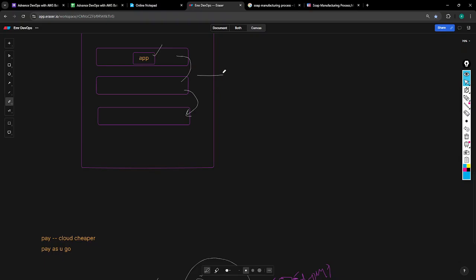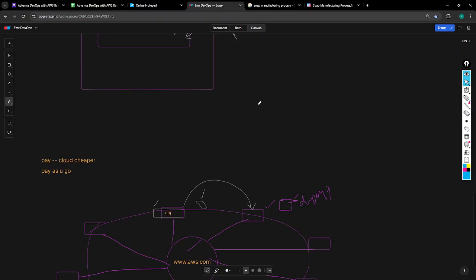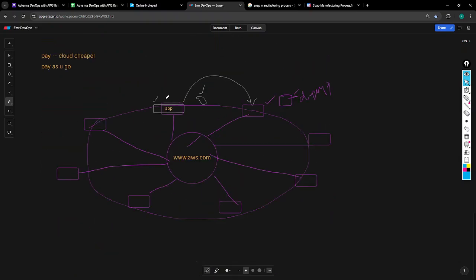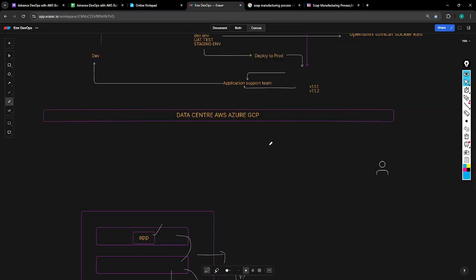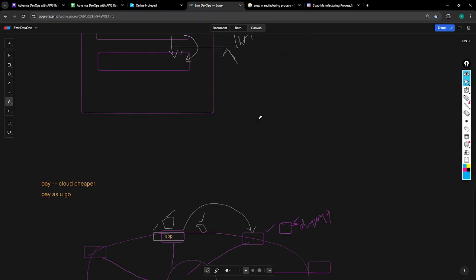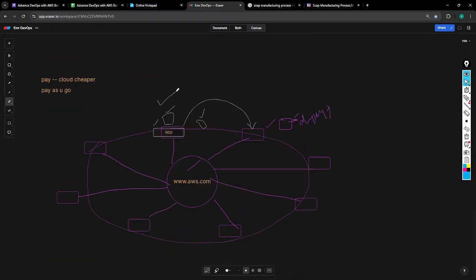In the physical case, an engineer needs to go and create this server and configure everything. It is going to take 1 hour of time. But in the cloud case, it will automatically create one more server according to your load, according to your users logging into the application. So this is done automatically. These many advantages are there. That's why all the customers are moving towards the cloud, instead of maintaining their own data center. So these are the advantages.